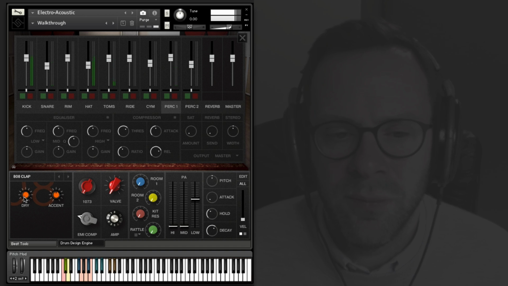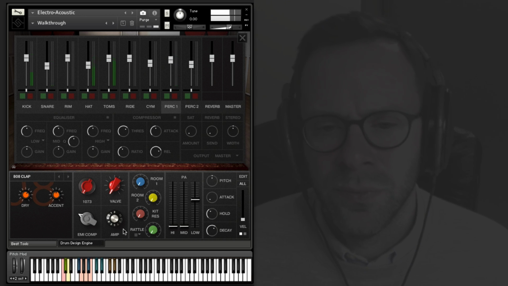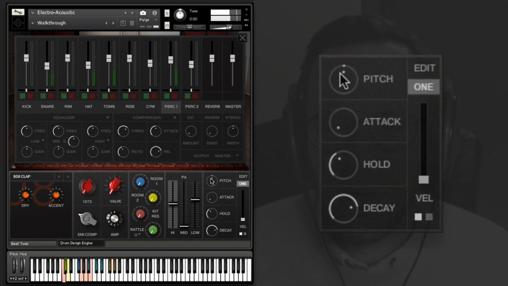We're going to start by bringing up the dry channel, which we all recognise. I'm going to bring in the PA high channel, and what I'm gonna try and do, I'm gonna mute the snare,